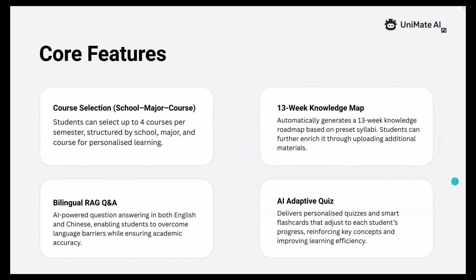Students can choose up to 4 courses per semester. Right after uploading materials, UniMate AI can automatically build a 30-week learning roadmap based on your course outline. You can also upload more materials like lecture slides, notes, or readings to make each week's topic richer and